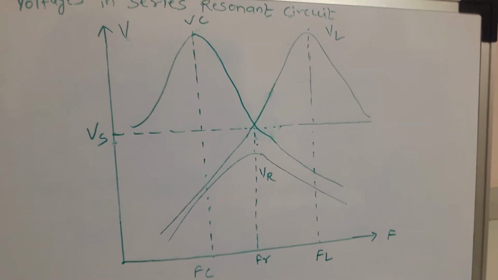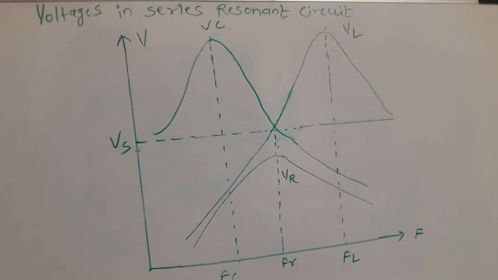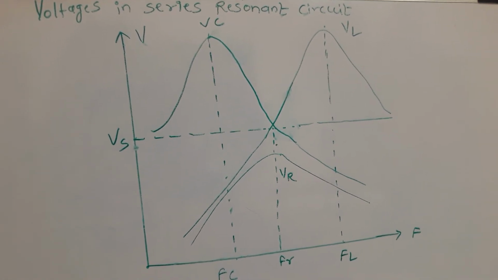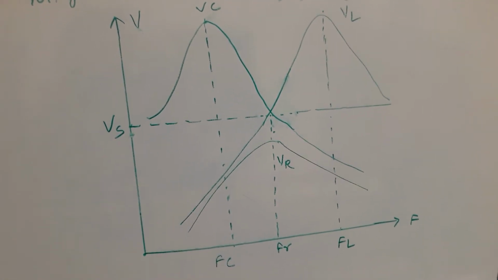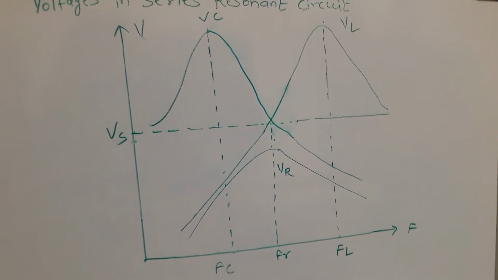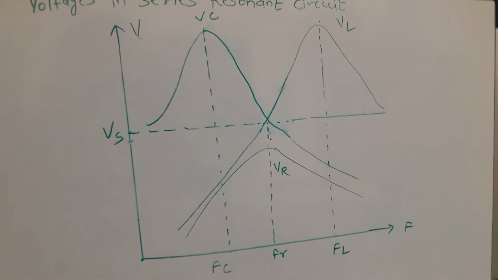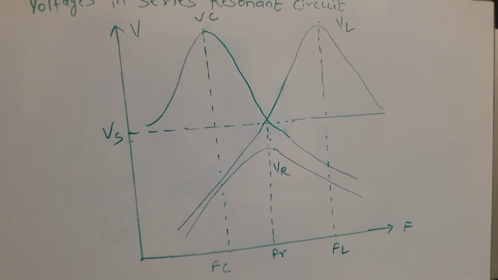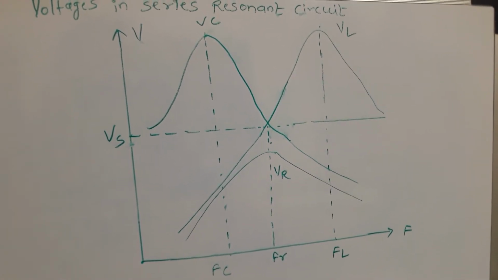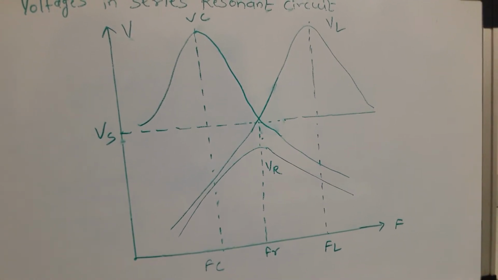When the frequency reaches its resonant value Fr, impedance is equal to R and hence the current reaches its maximum value, when VR is at its maximum value. As the frequency is increased above resonant frequency, XL increases, Xc decreases, causing total reactance XL minus Xc